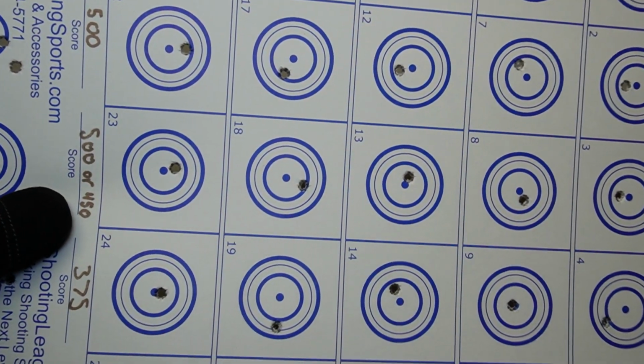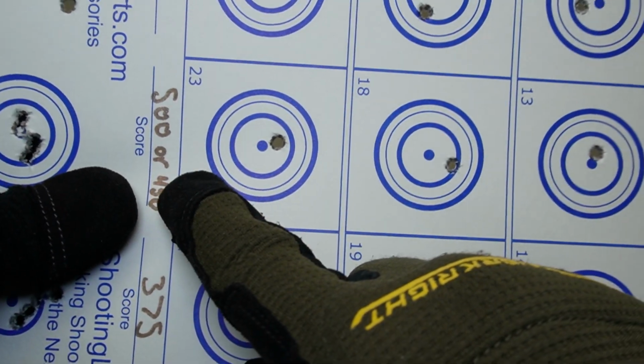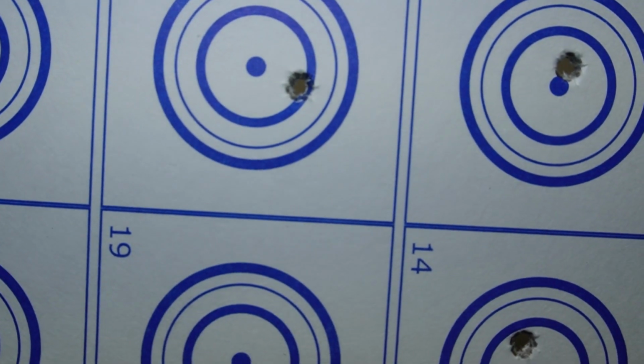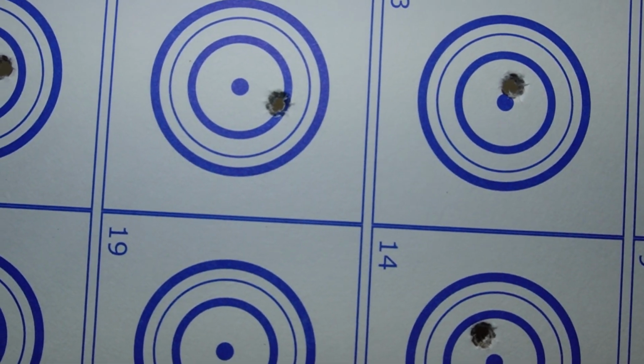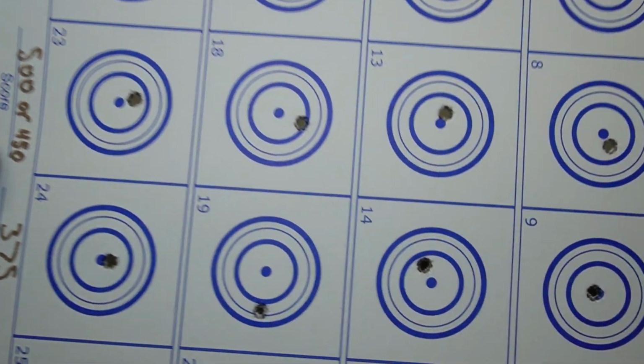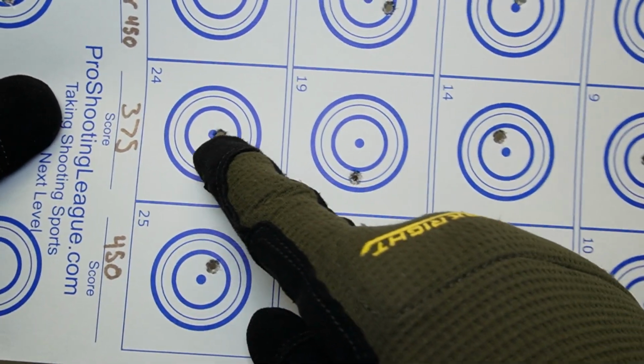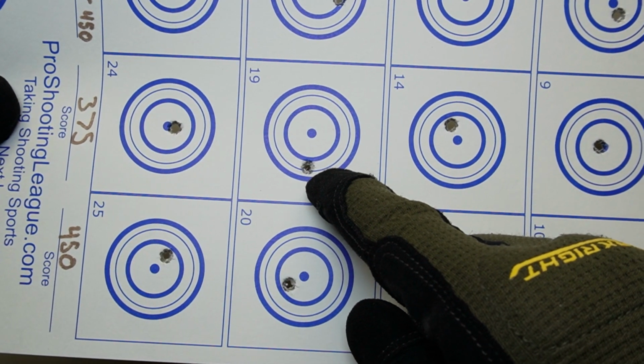Now, this one I was kind of iffy on, so I did 500 or 450. I'll kind of let you guys be the judge of that, but the paper's definitely broken on the outside of that ring, so we'll go ahead and call that a 450. And then we have this one I started getting a little sloppy, so 100. That one would have been a 25,